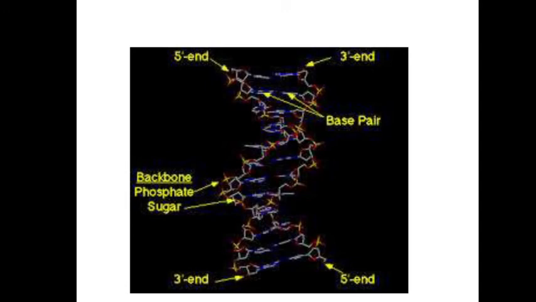These two strands are joined together by hydrogen bonding, and this hydrogen bonding we call base pairing. This pairing follows Chargaff's rule, that is, A pairs with T and G always pairs with C, and vice versa. That is, adenine always pairs with thymine, and cytosine always pairs with guanine.